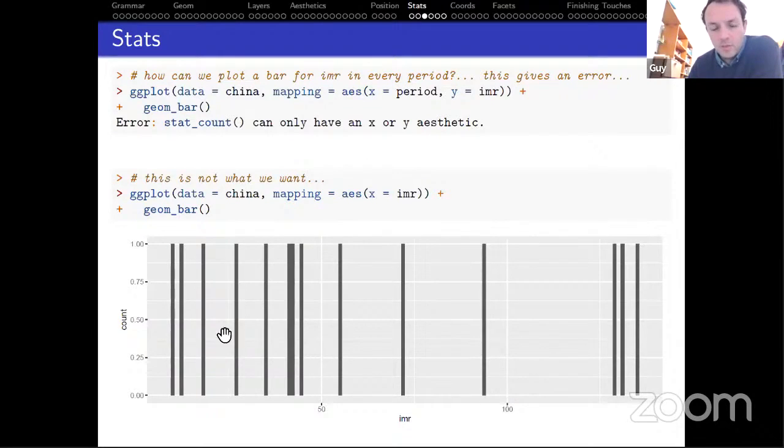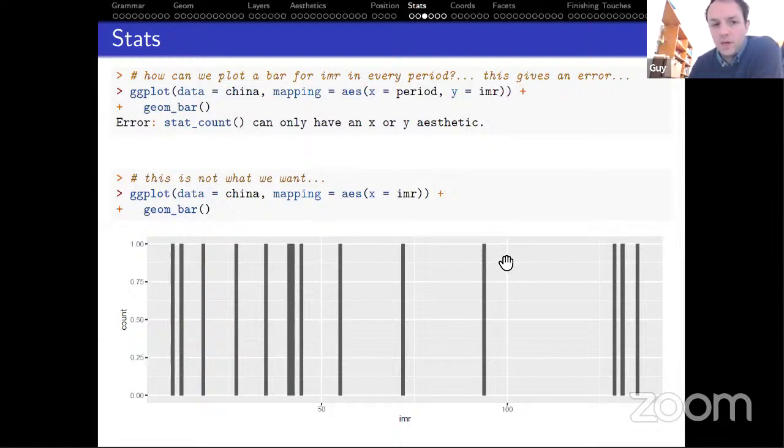In this case, what is happening is it's just counting how many observations there are at each of these infant mortality rate levels, right? So we're seeing there's one point at maybe 30, one point at like 55, one point at 70, right? So it's just counting the observations,